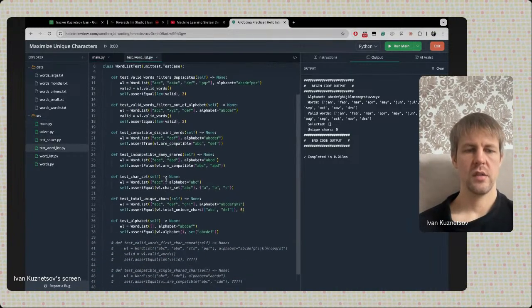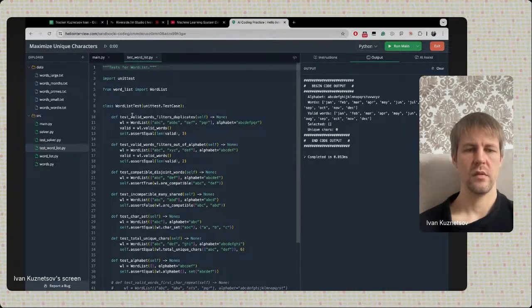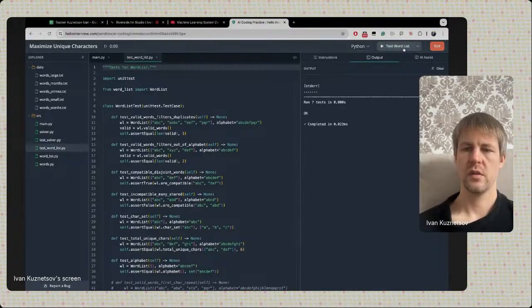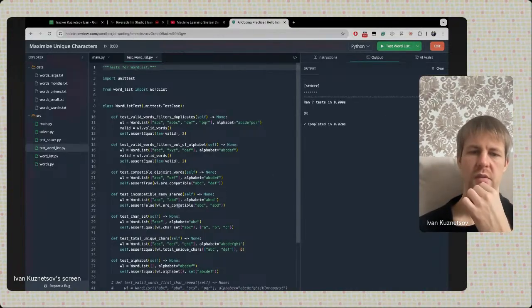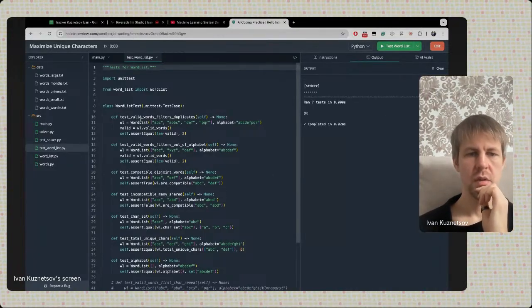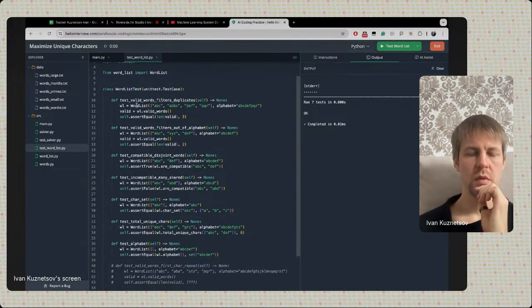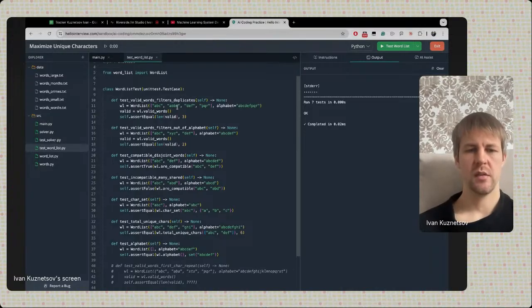Let's check test word list. So it filters duplicates. Let's actually run those. Yeah, all of those are passing. So we will soon be checking what the word list class does, but right now we see that these are the characters. This is the alphabet. Valid words. Okay, so only 3 words are valid, and that's because I'm assuming,